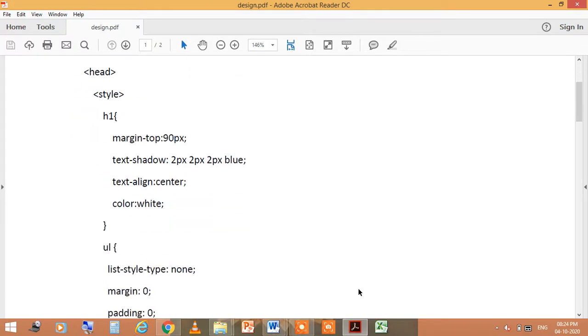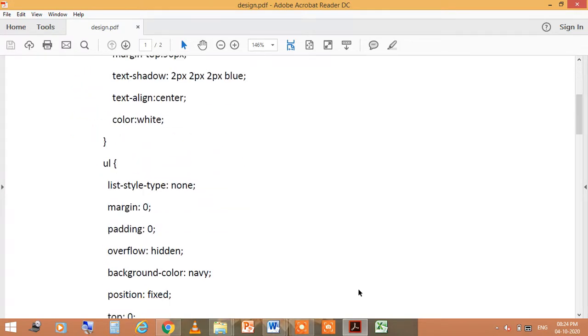Then come to the text alignment. So heading should be, of course, we people are very much fond of seeing the heading in the center. So you can mention this text alignment as center, and of course it is up to you whether you use this heading in the left or right also. But it all depends on how it will look. Okay, so here you also select the color.